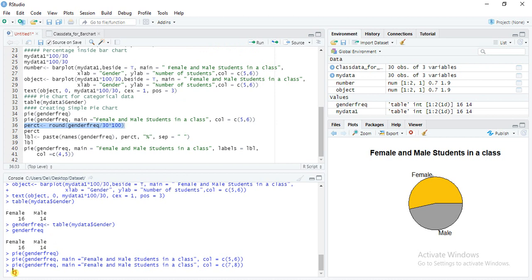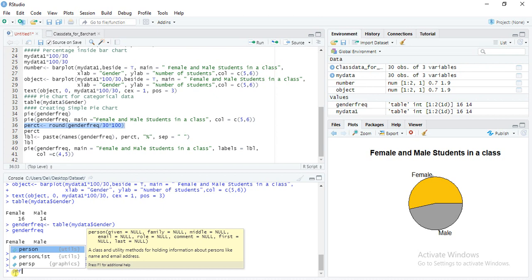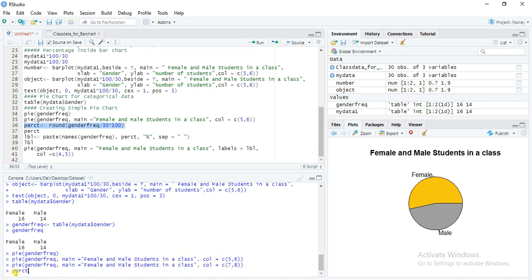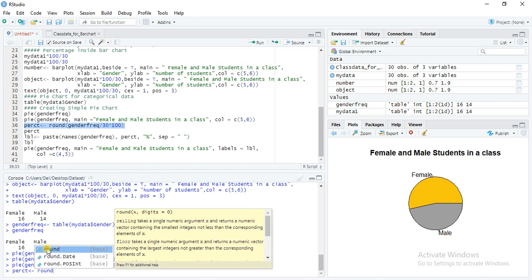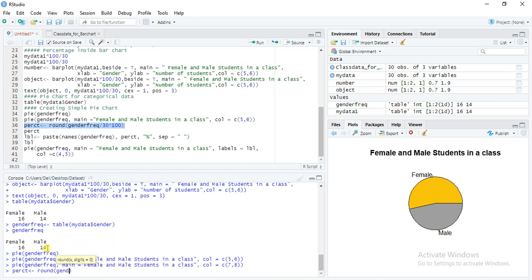I can write here percent, PERCT, and round, ROUND, gender frequency, multiplied by 100 and divided by 30.